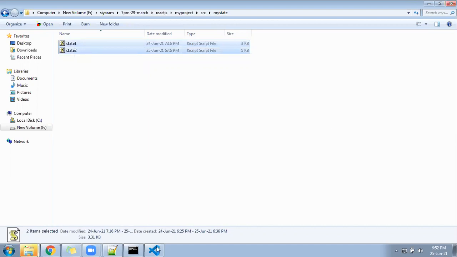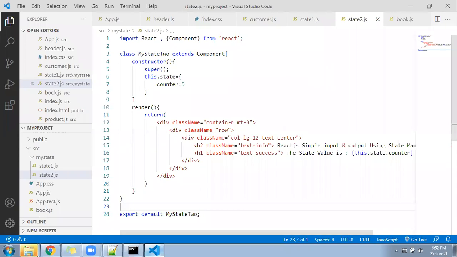Okay, get ready. Let's come back. Some small changes I'll do here. Come to the state2 and for the row, add bg-white, p-4, and meanwhile the rounded class also.